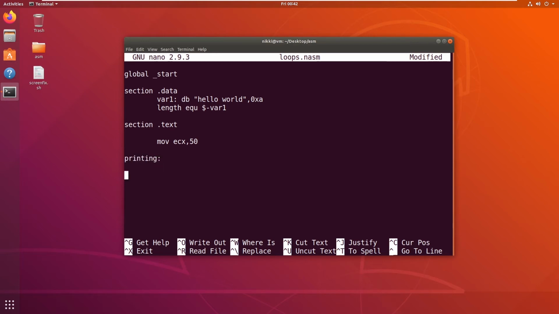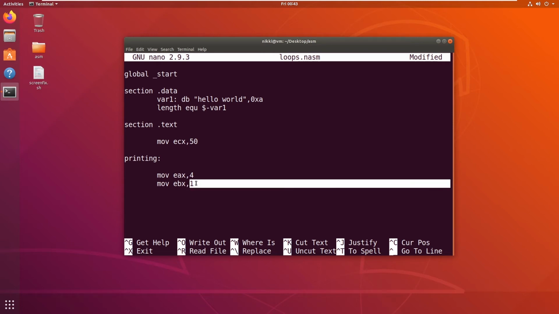Now to print a message onto the screen, we need to perform the write system call. So I am moving the write system call's number, which is 4, into EAX, and the first argument will be the output file descriptor, which is 1 in this case because 1 means standard output, right?